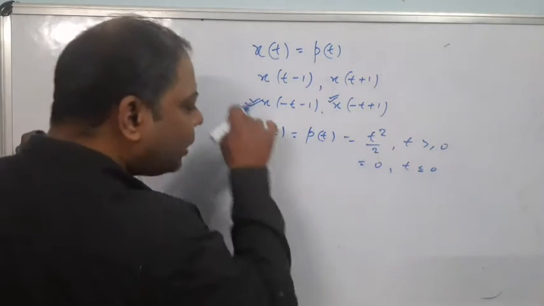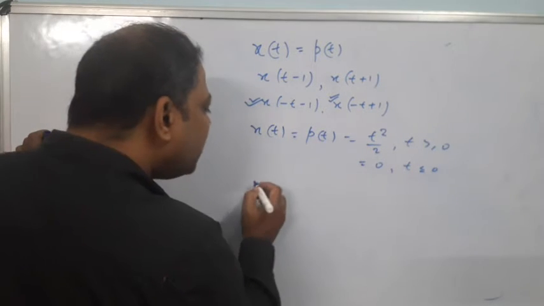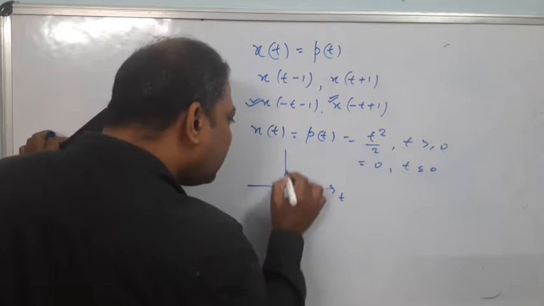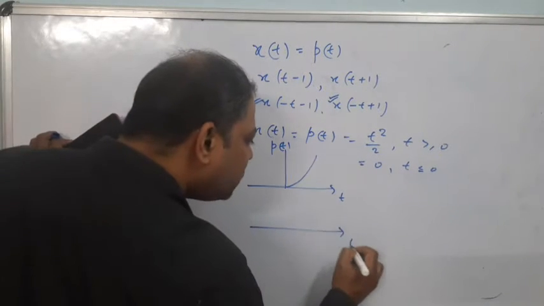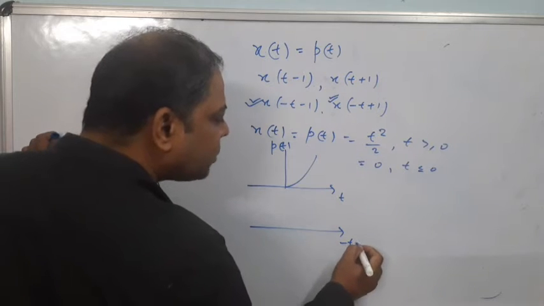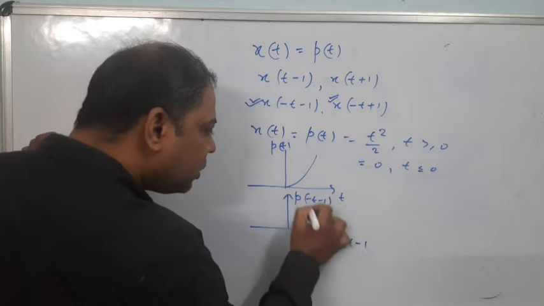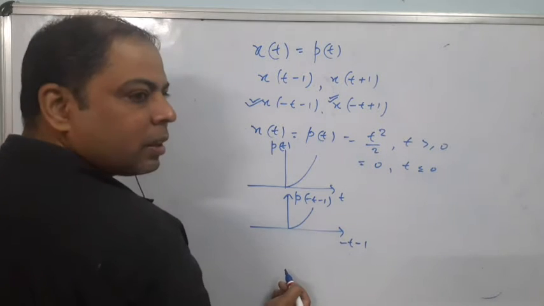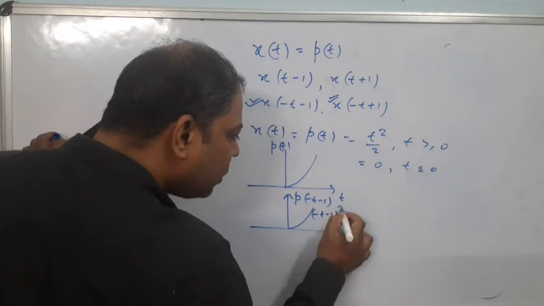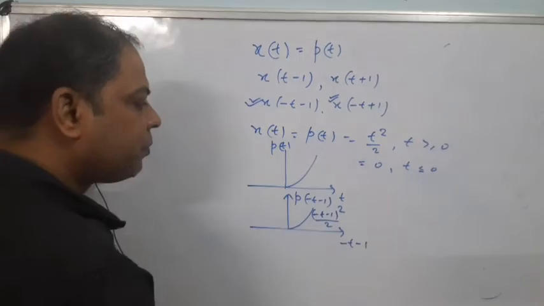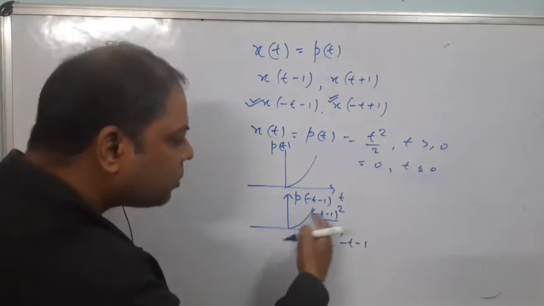Okay, so now what you will do. See, first x(t), that means if you plot this t versus p(t), you know this plot. Now if you use this axis as -t-1, try to understand, and here p of -t-1, the shape will remain unchanged. That means the equation is (-t-1) whole square by 2. Here is the equation. The same equation: (-t-1) whole square by 2.